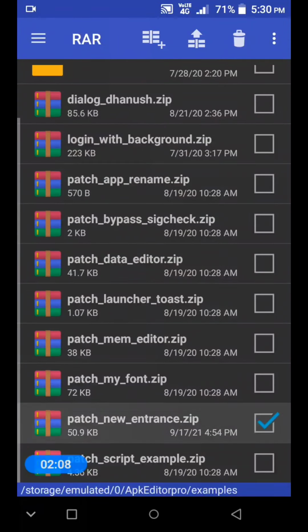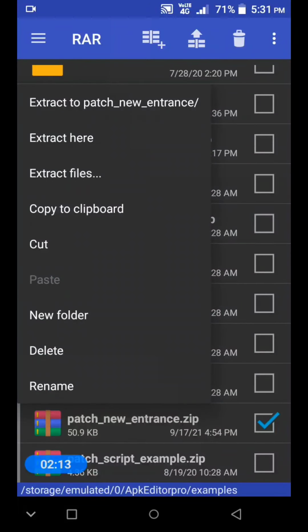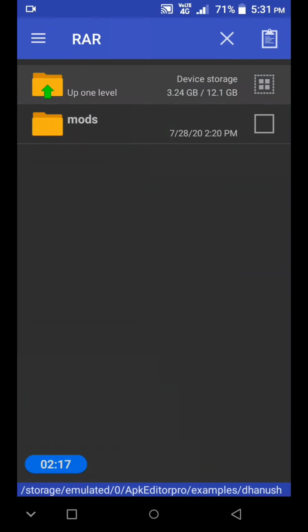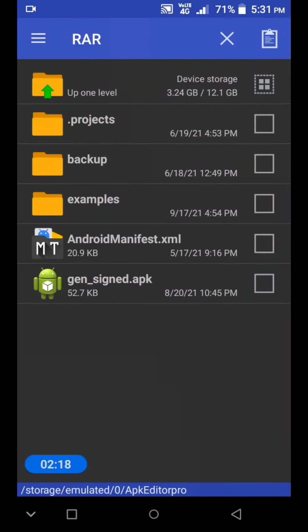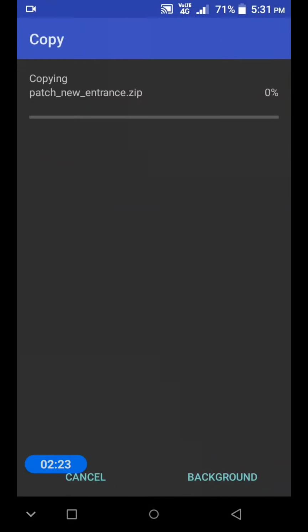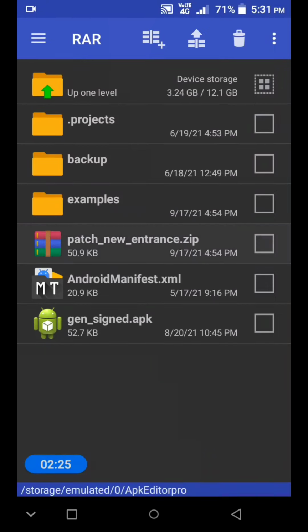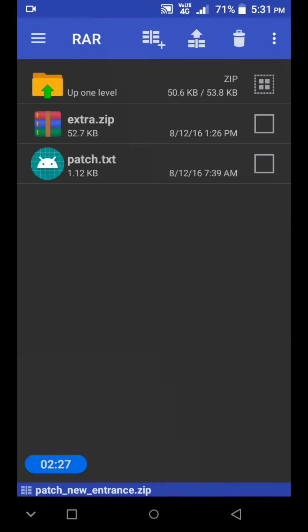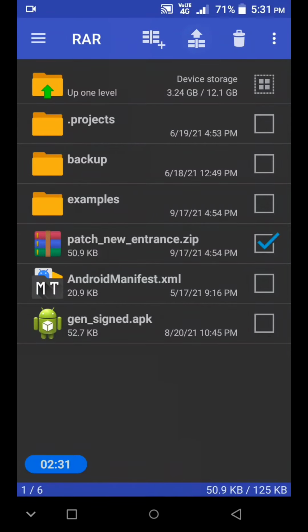Let's copy this and paste it here outside the file. So you can see now. Let's extract those files.